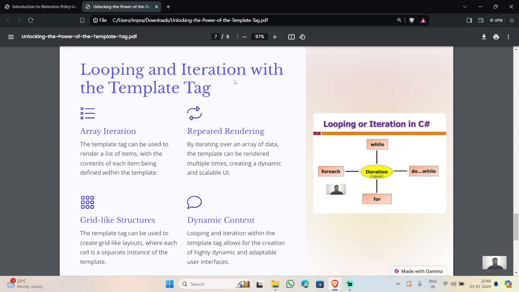Looping and iteration with the template tag. Array iteration, repeated rendering. Array iteration: the template tag can be used to render a list of items, with the contents of each item being defined with the template. Repeated rendering: by iterating over an array of data, the template can be rendered multiple times, creating a